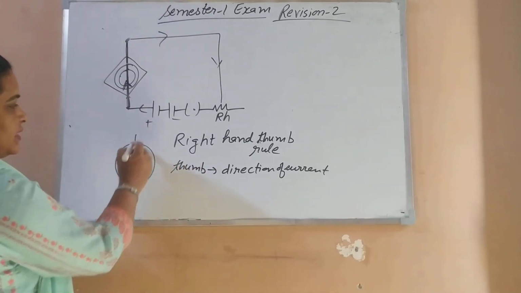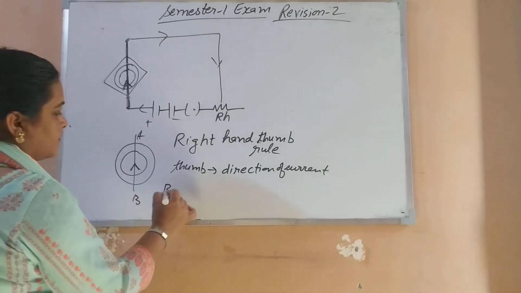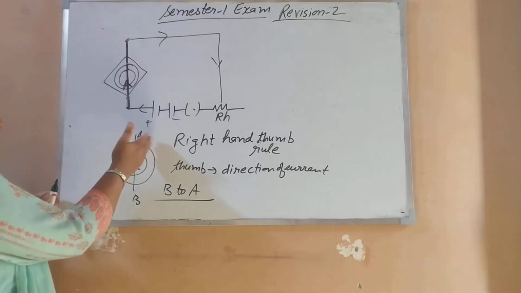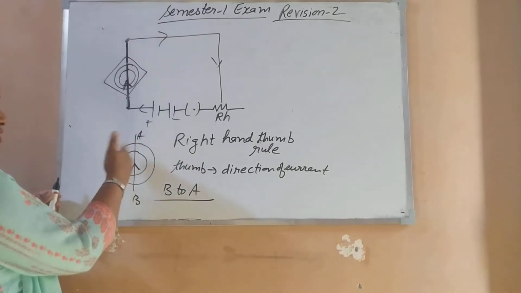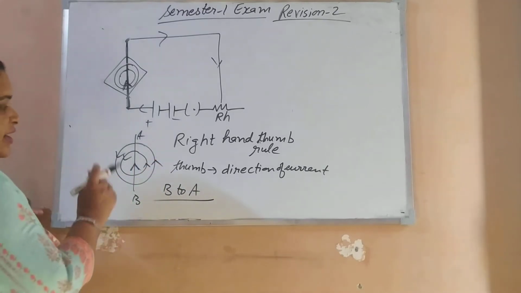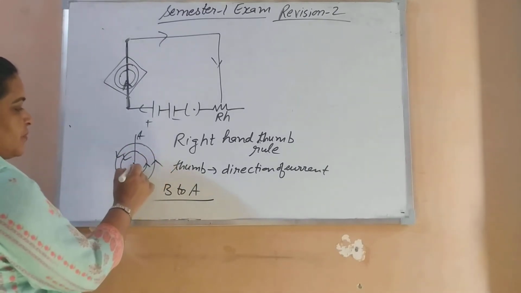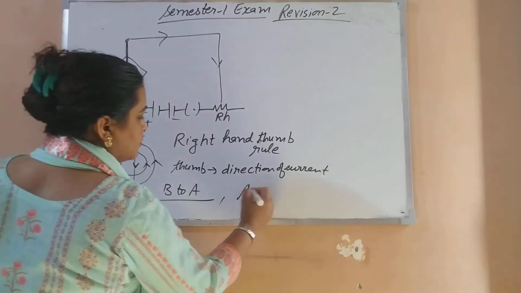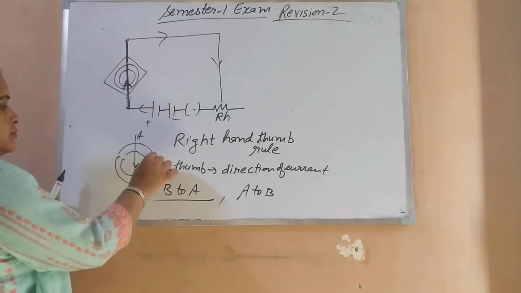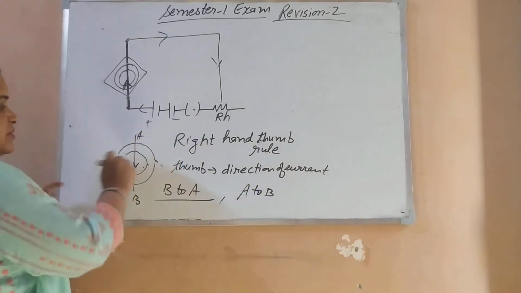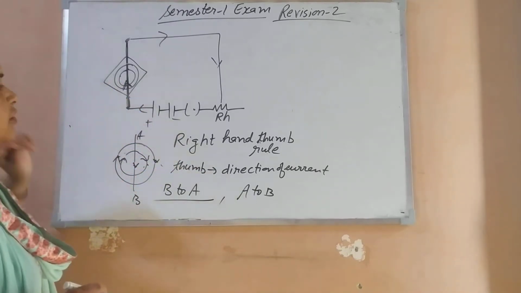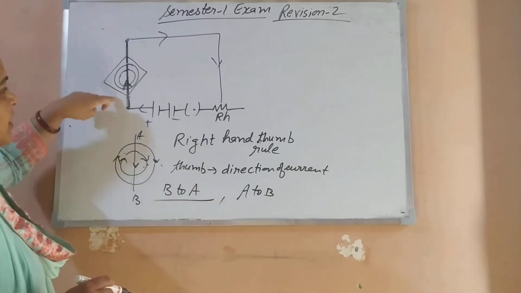Now here you can see that current is going B to A. So what is the direction of the magnetic field line? The wrap of the fingers is going anti-clockwise, so the field lines are anti-clockwise. And if you change the direction of the current downward, A to B, the field lines become clockwise. Clear? So the right hand thumb rule is used to find the direction of the magnetic field around a